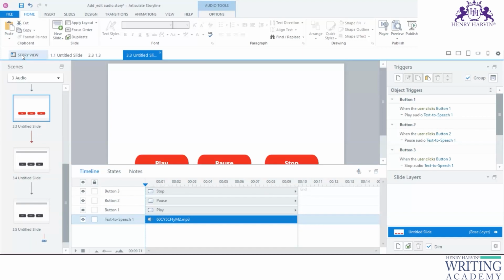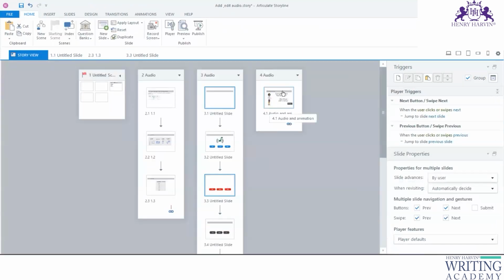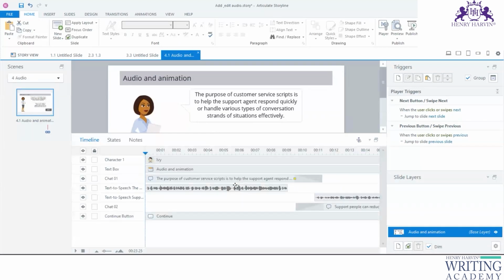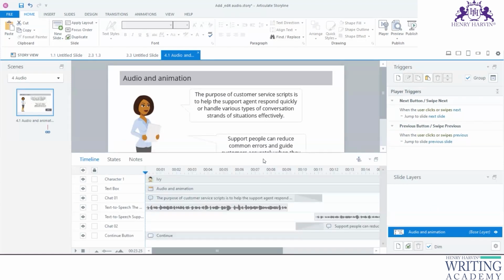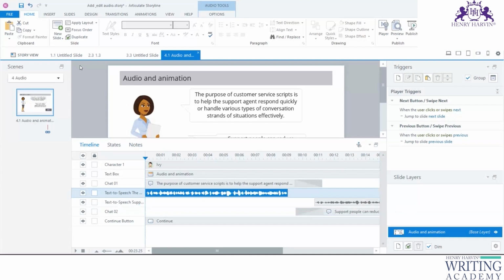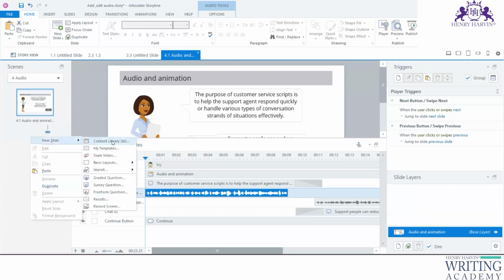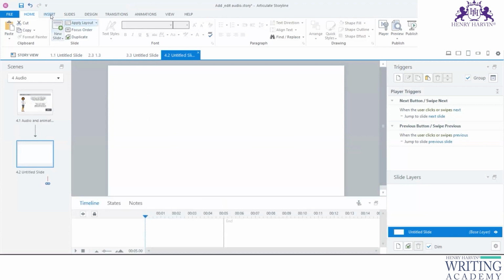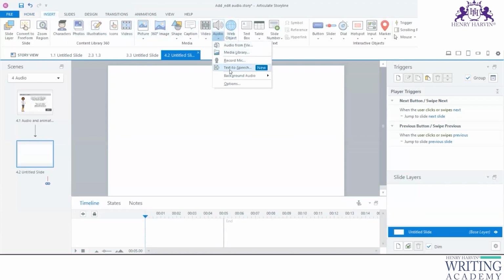Yeah, so the same can be done with video files also, perhaps. So if you just check out this one, I'll tell you quickly how you can also edit a particular text to speech. This is a small text to speech with some animations which I've set, but you just assume that this text to speech is something which you have imported and you want to edit it. So any text to speech which you want to edit, let me just take the same content. So I'm just creating a new slide, basic. There we go. And insert a,